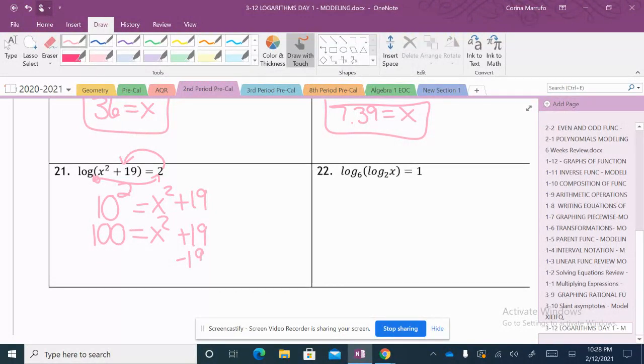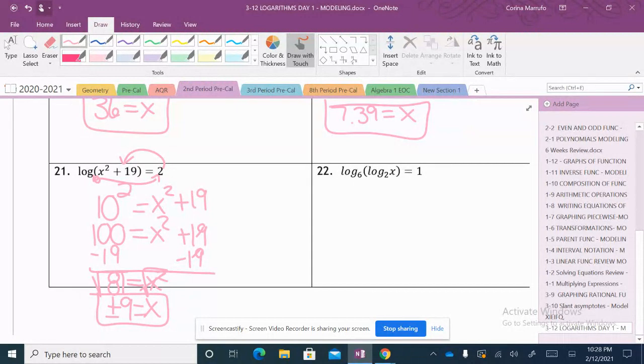We subtract the 19. 100 minus 19 gives me 81. Then for x squared, we go ahead and take the square root. And that ends up giving us, remember if we take the square root of 81, that's going to give me plus or minus 9. Okay, because 9 times 9 gives me 81 and negative 9 times negative 9 gives me